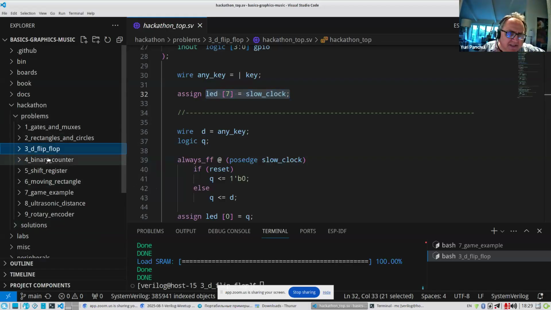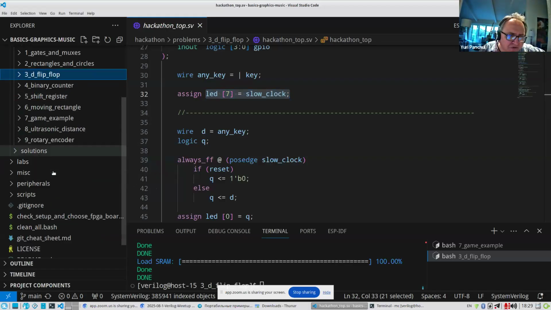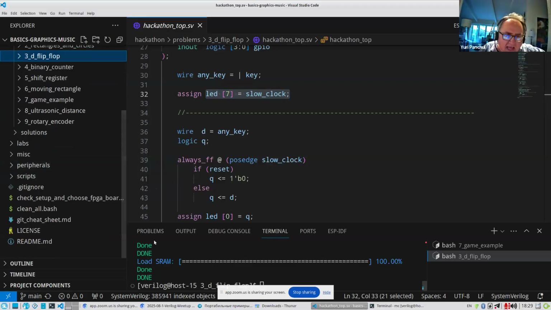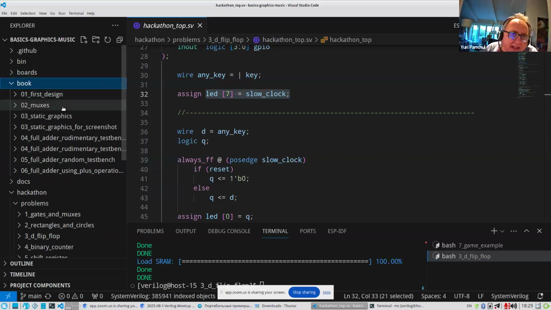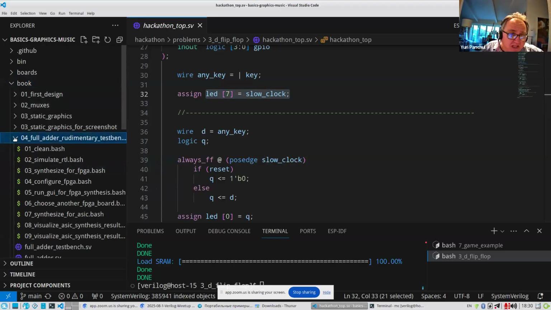Unfortunately, I didn't put adder in this set of exercises, and I should do this. But let me show you some adder pictures. Oh, I actually have adder in another set of exercises called book. I'm right now working on a textbook with Purdue University in Indiana. So those are examples for this book.